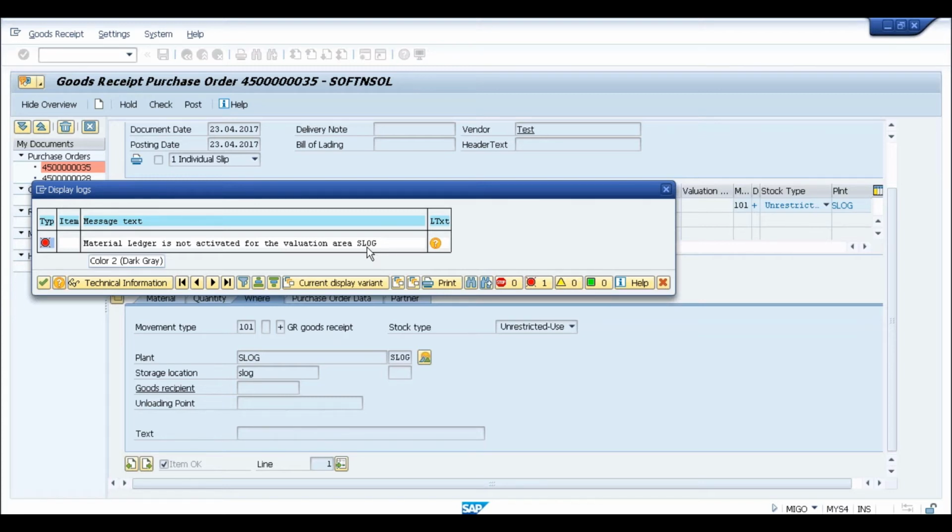Even from the reporting point of view, if you are looking for consolidated reports, you are picking some data from old tables, some data from new tables. That is anyway not going to be required because now everything is going to be available in the new set of tables. On top of that, let's say for example, earlier there were 12 tables in the traditional valuation, and 12 tables in the material ledger valuation. So there were around 24 tables. Out of 24 tables, as we said, normal inventory valuation is not at all available. So 12 tables are anyway completely removed. Now we are left with 12.